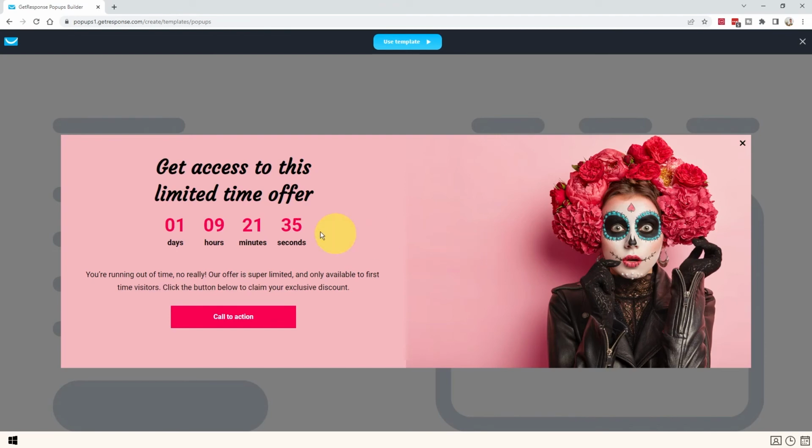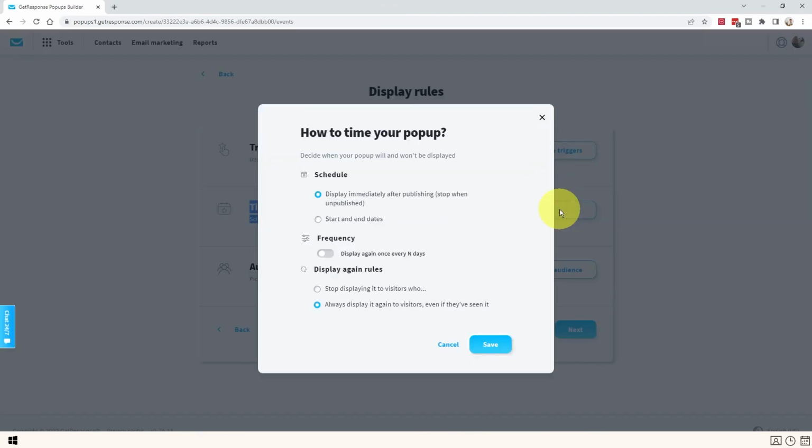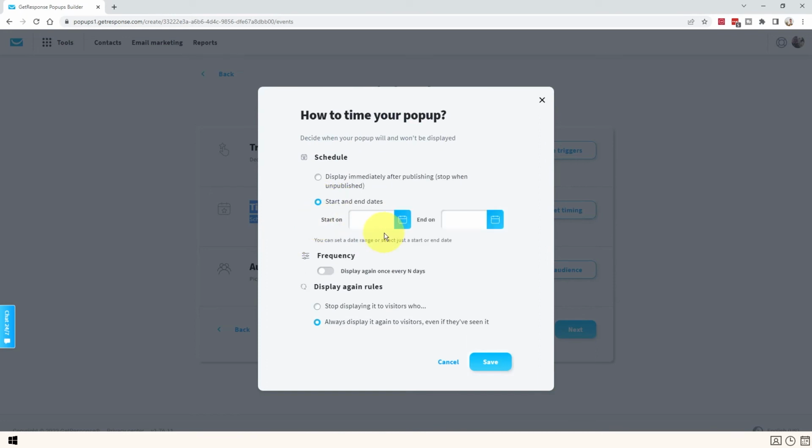So third, the difference between a pop-up and an embedded form is that there are no limitation options for embedded forms. For example, you cannot specify a specific start or end date for your embedded form. So there are no display rules as you have with pop-ups. With pop-ups, you can do this. You can specify the start and end dates, but you cannot do that with an embedded form, which is too